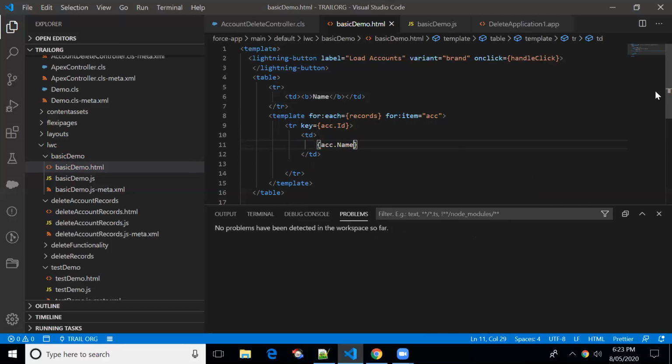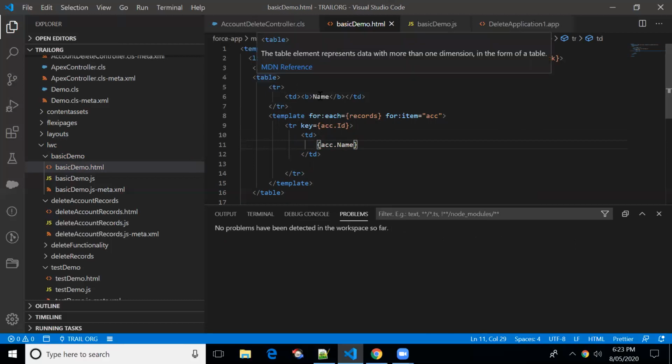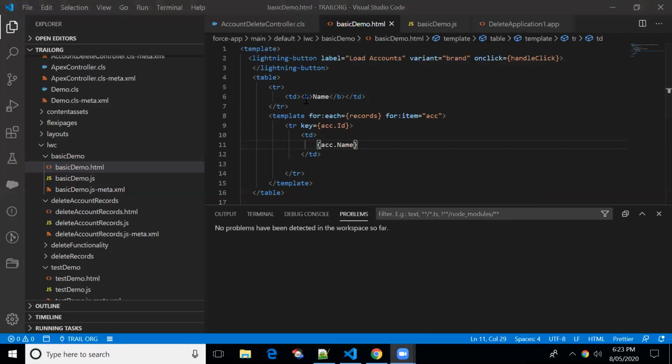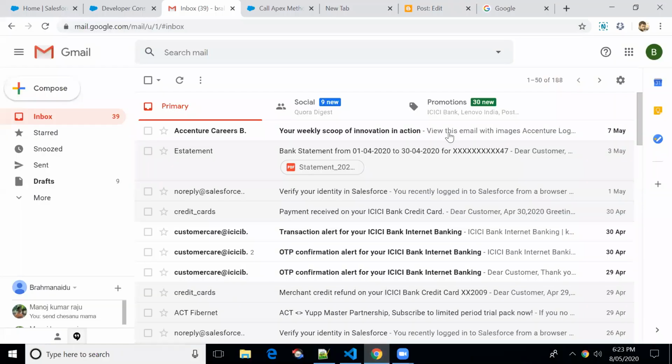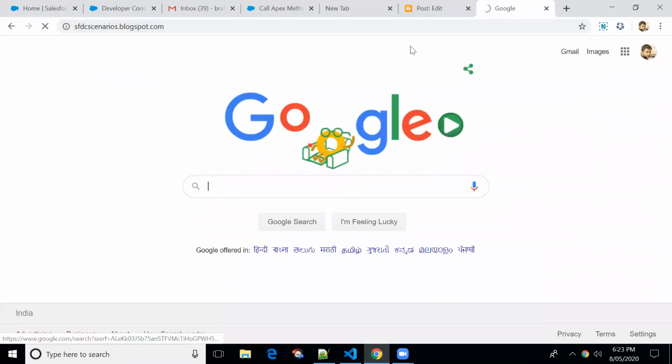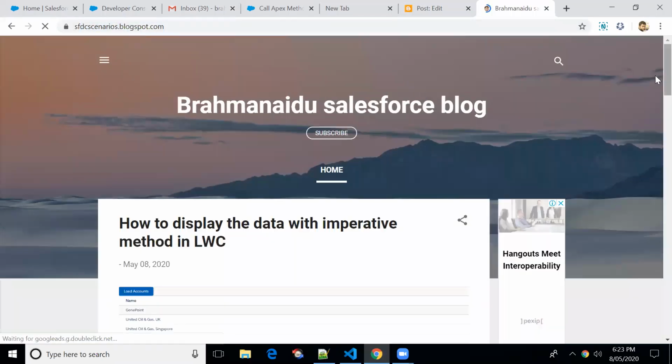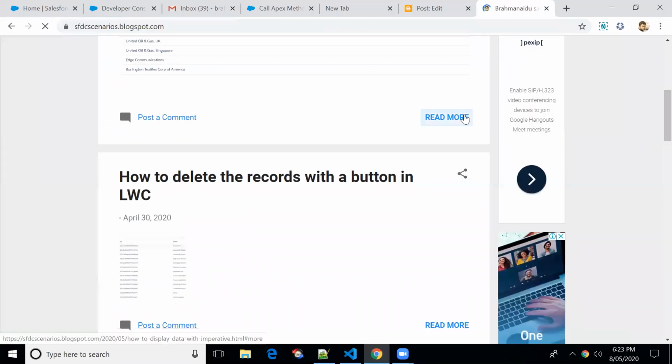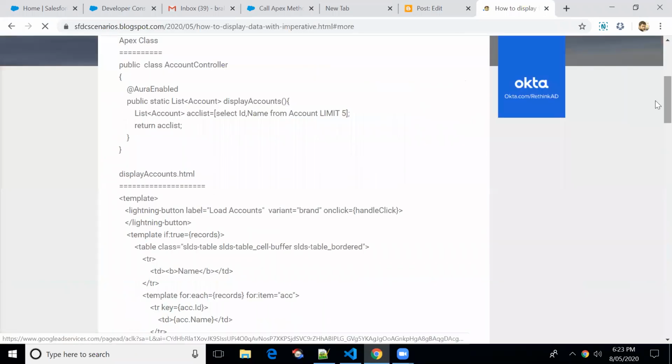Before pushing the code to the source org, what I'll do is add the design to the table class. We'll just add the class to the table.